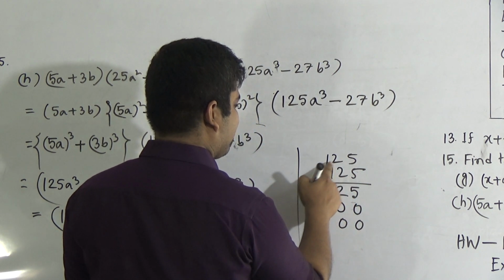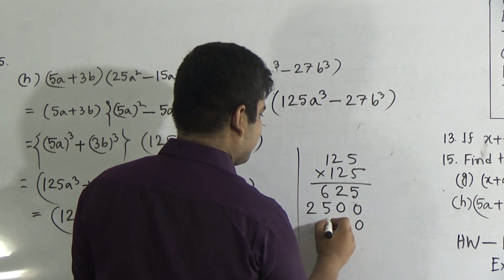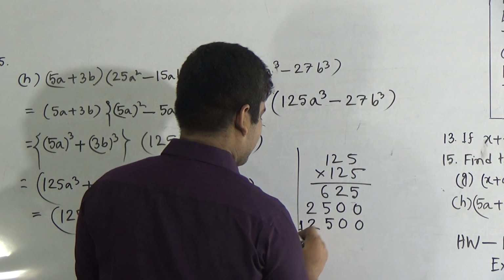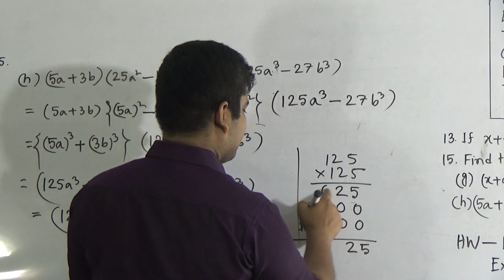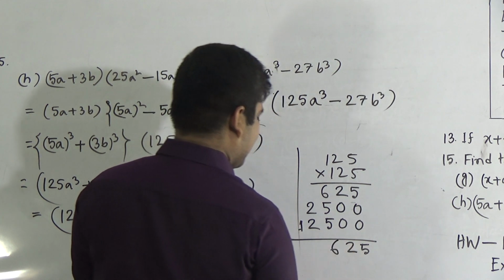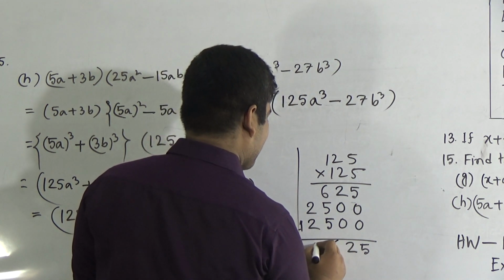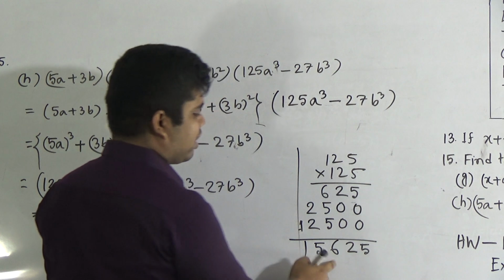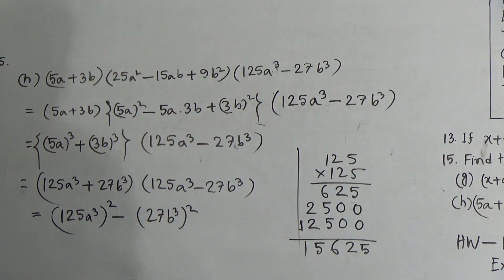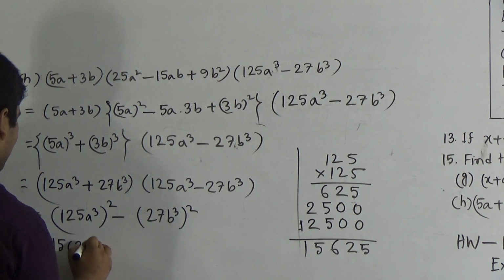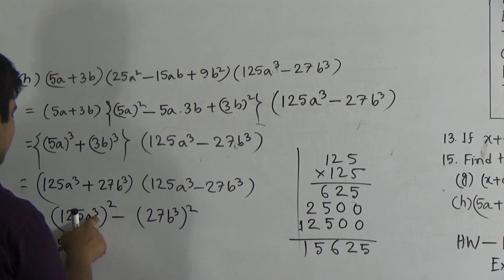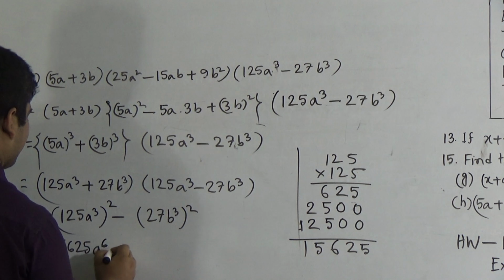Now we multiply 125 by 1, so 5 ones are 5, 2 ones are 2 and 1 one is 1. Now 5, 2, 5 fives are 10 plus 6, 16 carrying 1, 2 twos are 4 and 5, 1. So 1 5 6 2 5. Write 15625 a to the power 3 multiply 2, that means a to the power 6